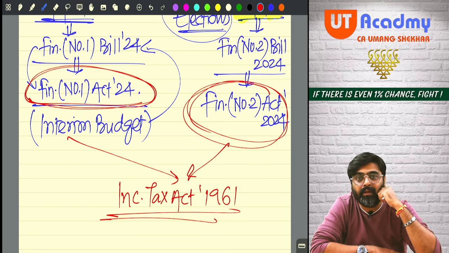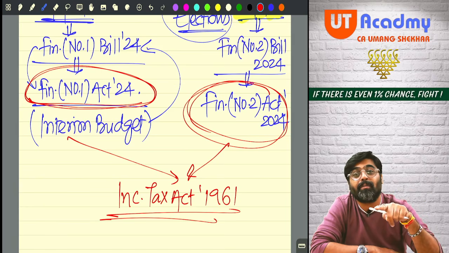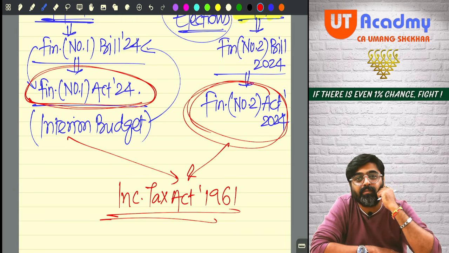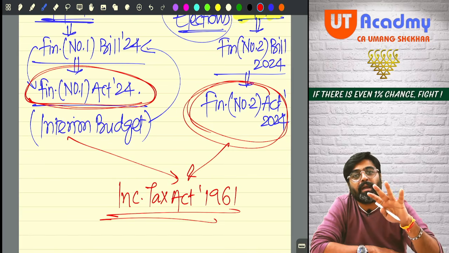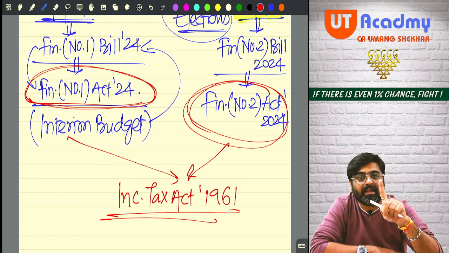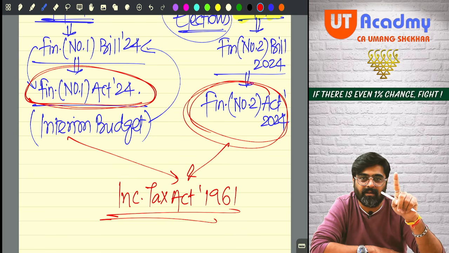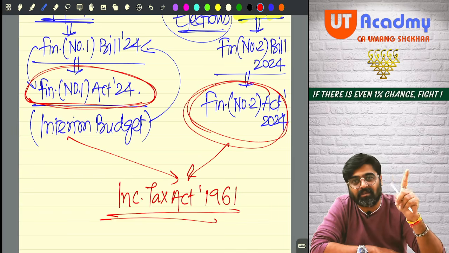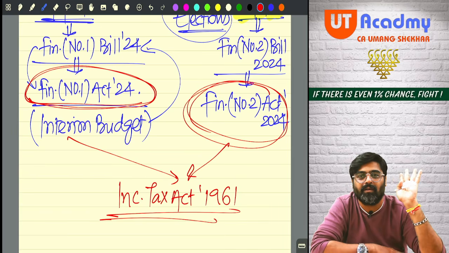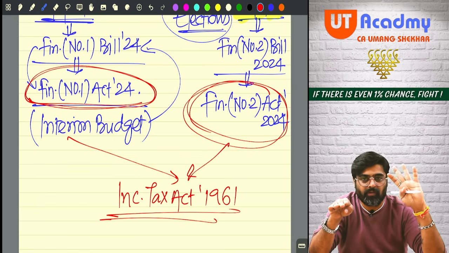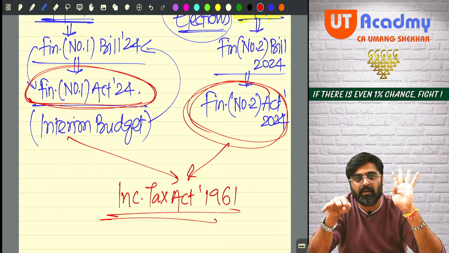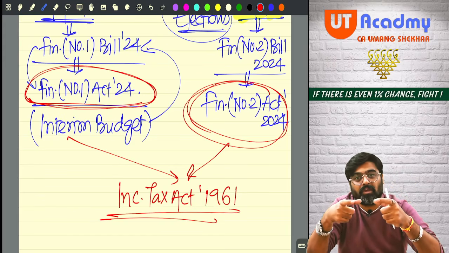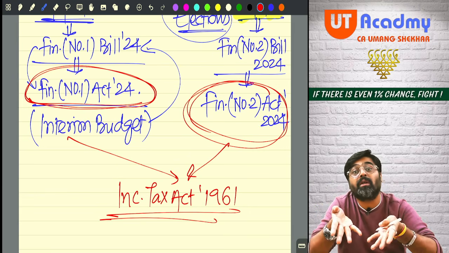It becomes very, very, very difficult for the students, and that time the student gets confused and they run here and there and they waste their time. So what happens? Again, in the May 26 attempt they flunk. And if you flunk 2-3 attempts, what happens? You give up. Maximum dropouts are in CA Inter. In the CA curriculum, maximum dropouts are in CA Inter only. Foundation is very easy, you pass. Or if you are a direct entry student, you pass graduation and you enter. But passing this Inter is very critical because you get very less time to cover a huge syllabus.